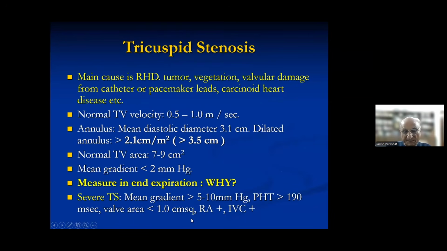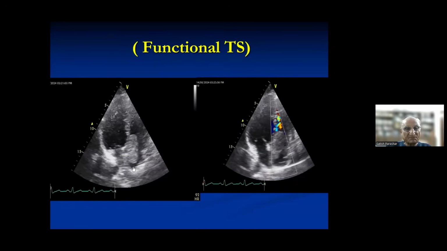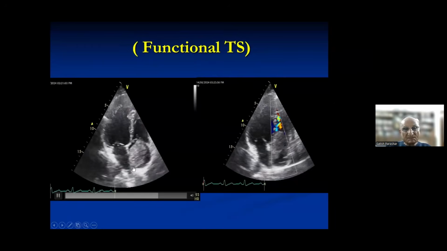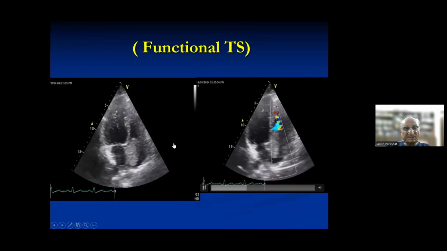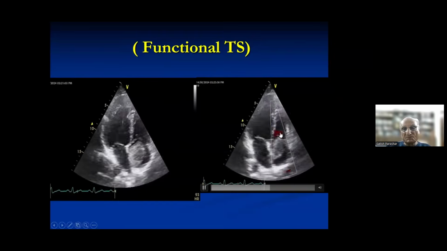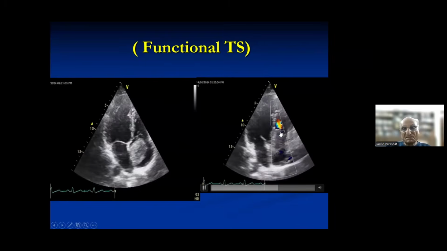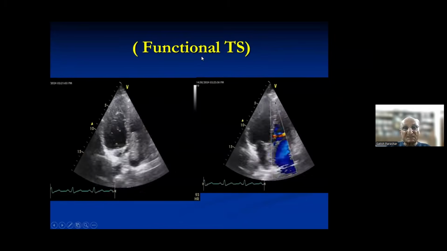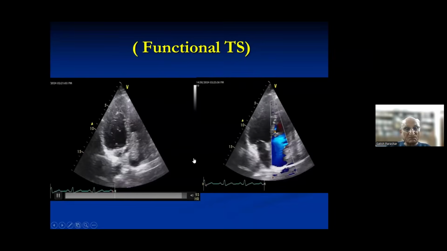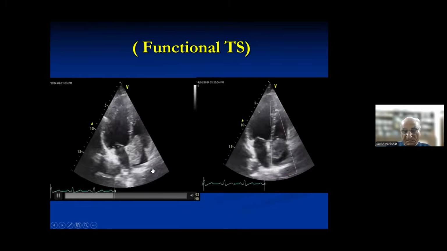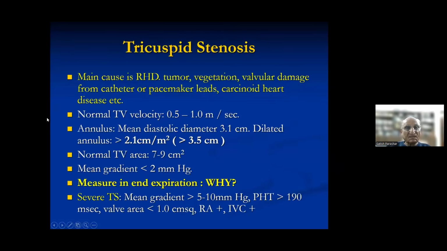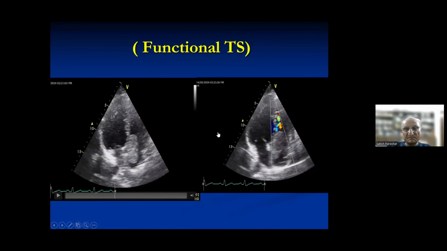And what you see here now, just giving an example. This is a right atrial myxoma. It goes through the tricuspid valve, produces a bit of turbulence, producing a functional TS. Why have you written functional TS? Once you remove the myxoma, this will tend to disappear. So just to tell you that we have shown one cause as a tumor which can be seen. So any valvular damage can also lead to this.